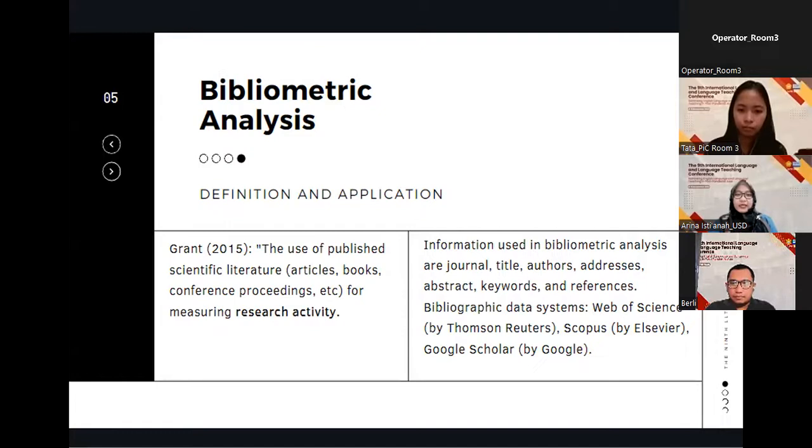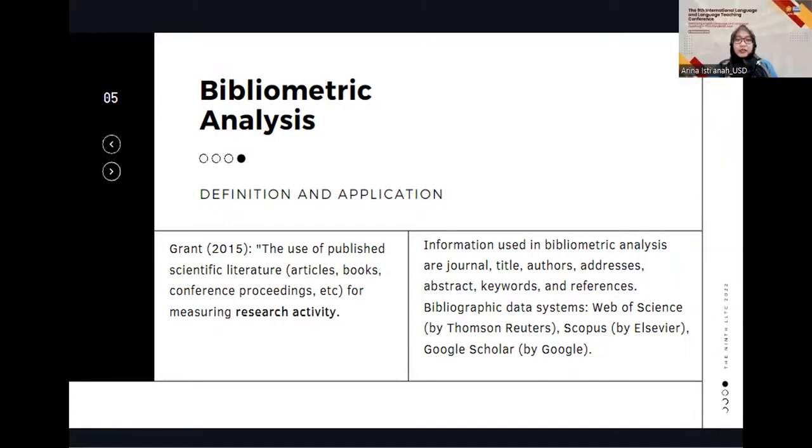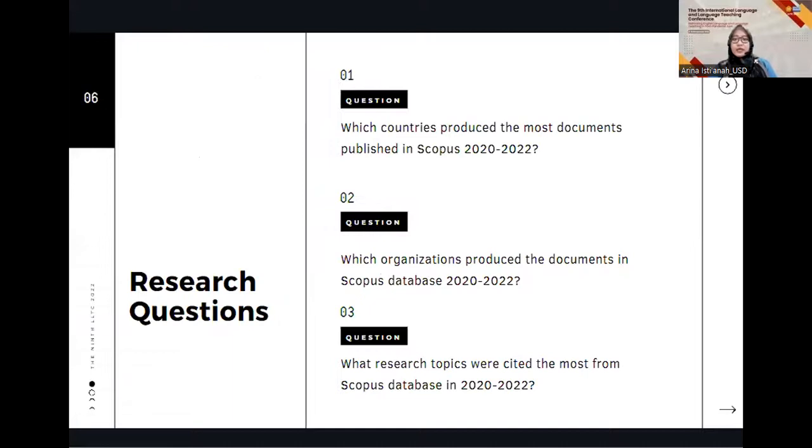Bibliometric analysis examines publications in academic journals to identify publication characteristics, and we can find information on the bibliography, such as keywords, authors, etc. This kind of method discloses the research contribution and collaboration patterns and gives a better understanding of research trends. So the subtopic of this conference that I take is the research trend. Therefore,